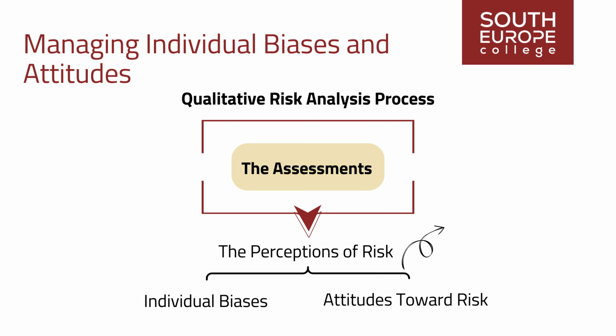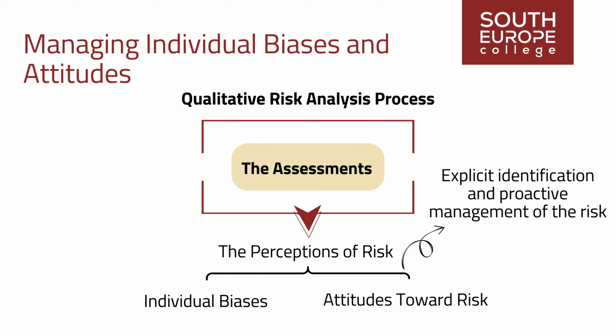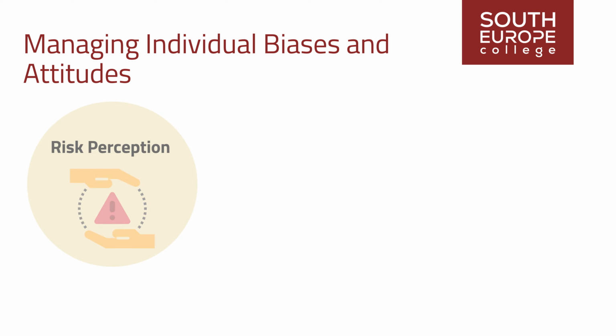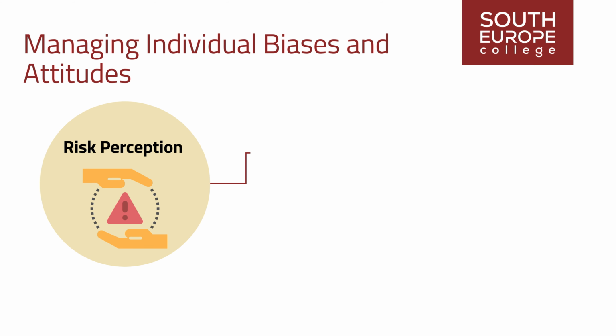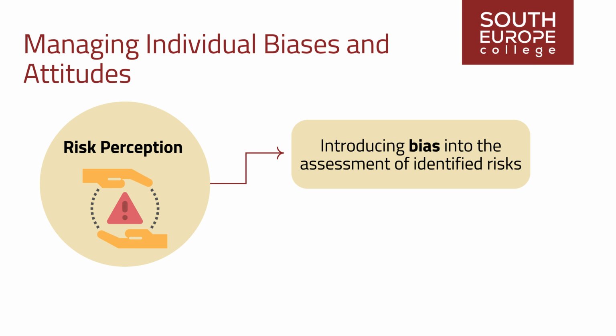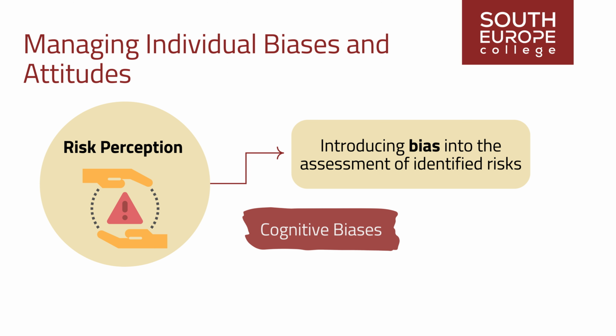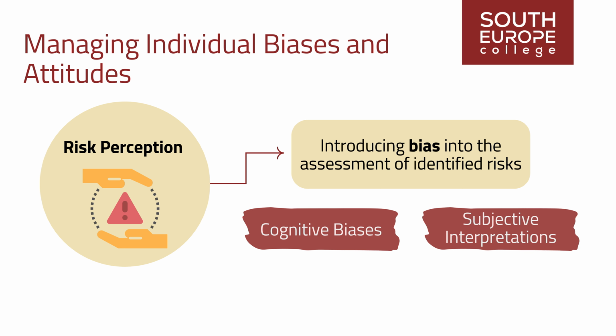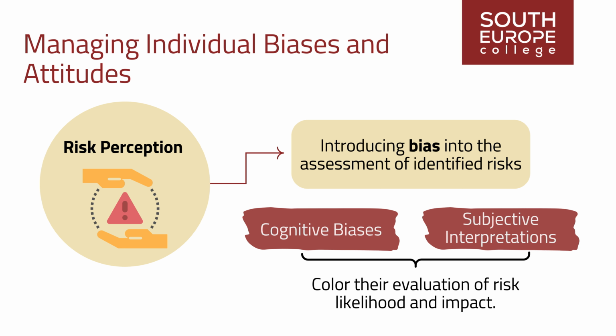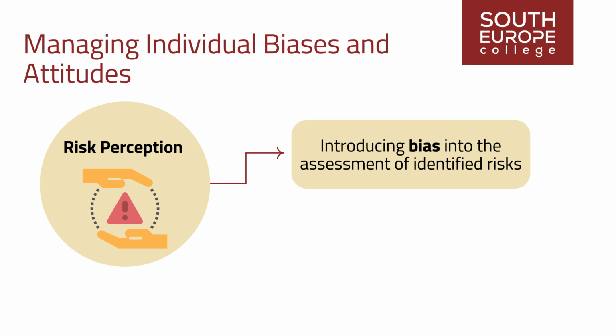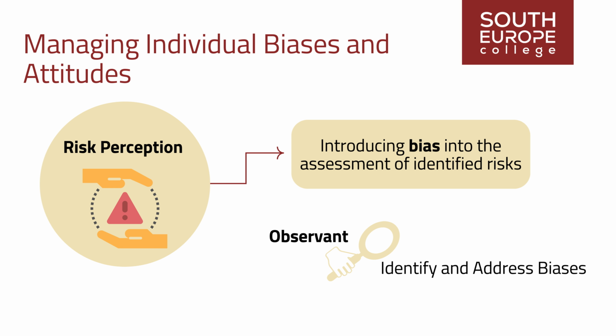Effectively managing these biases requires explicit identification and proactive management of the risk attitudes of key participants involved in the process. Risk perception plays a pivotal role in introducing bias into the assessment of identified risks. Each individual's unique cognitive biases and subjective interpretations can color their evaluation of risk likelihood and impact. Therefore, it is essential to remain observant in identifying and addressing these biases to ensure the accuracy and reliability of